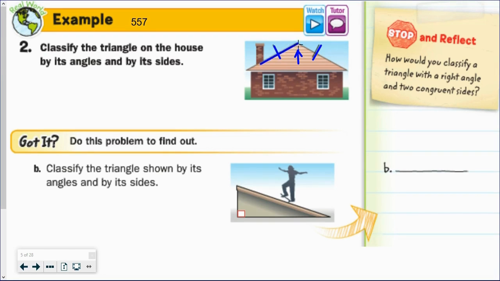And you would see that the corner would come out like this, meaning this angle is bigger than 90 degrees. And since that angle is bigger than 90 degrees, that means this is an obtuse triangle that has two equal sides, which means it's also an isosceles triangle. So if I go back here,